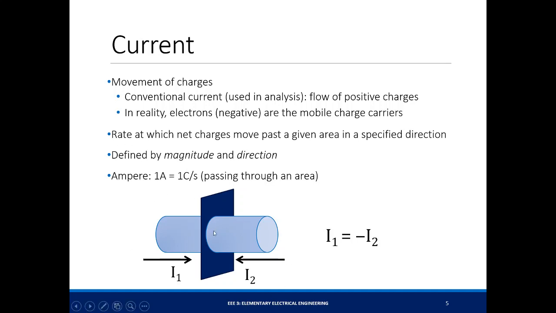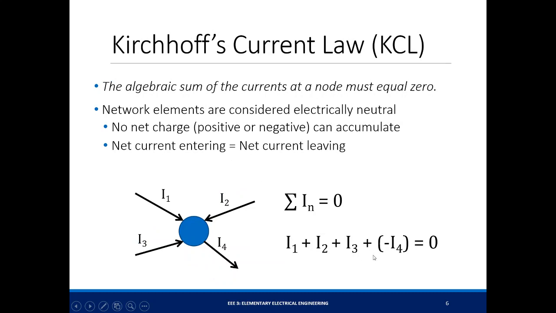So if you look at this illustration right here, you have a cross-sectional area. There's a current going in, two currents going in, and since there is no other way the current can go, this implies that current I1 is equal to the negative of the current I2. So they flow in different directions, therefore there's your negative sign. So Kirchhoff's current law states that the algebraic sum of the currents at a node must equal